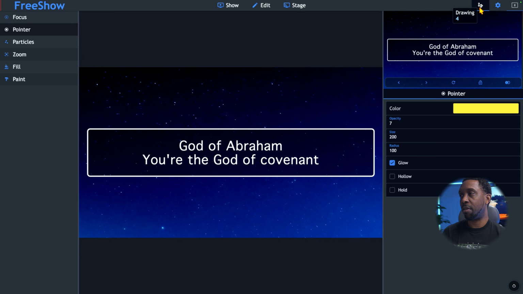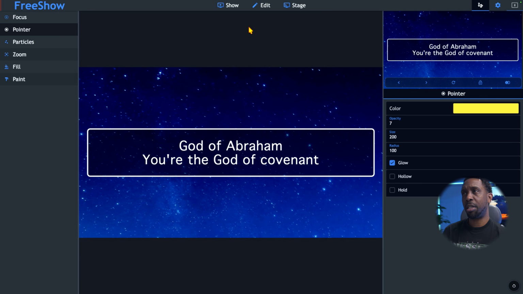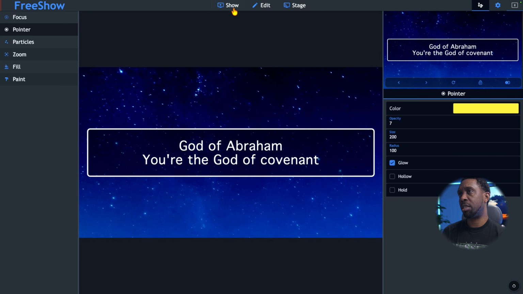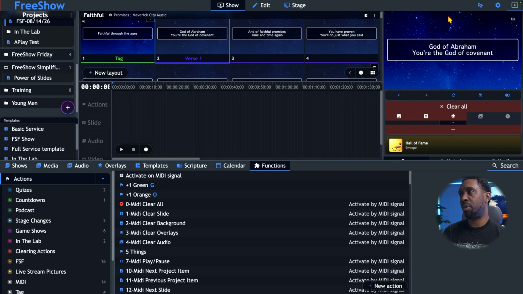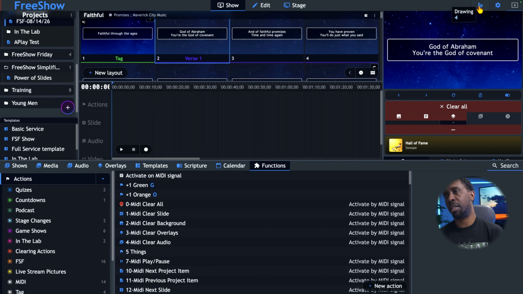And then to turn it off, I'm not sure how to turn this off. What I need to do, I need to just go back to show maybe. Yeah, just go to show and it deactivates that drawing pad. Okay, I'm gonna turn